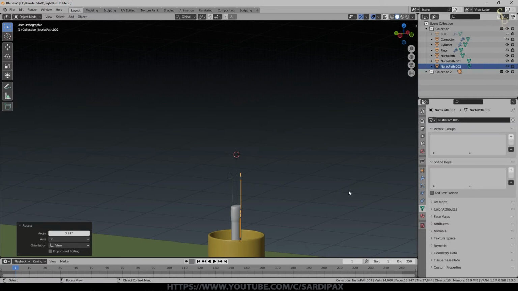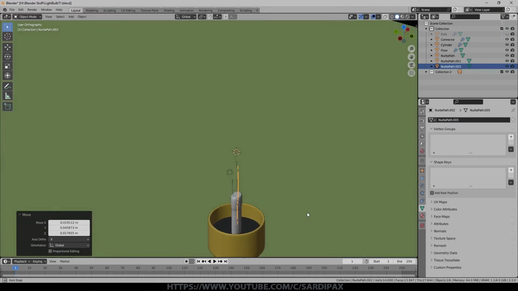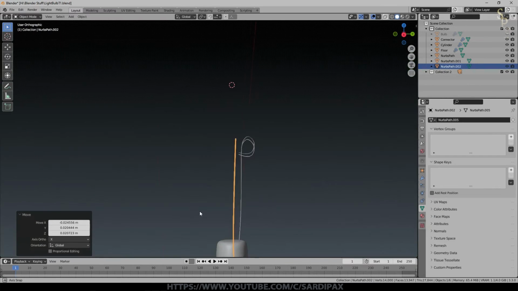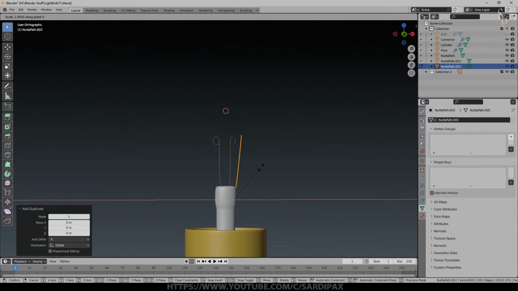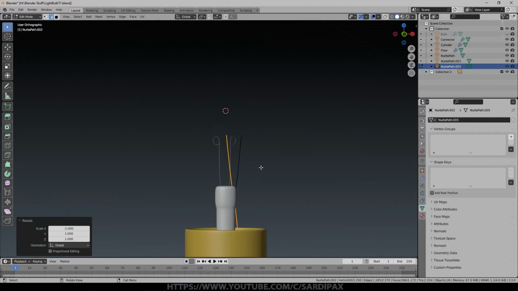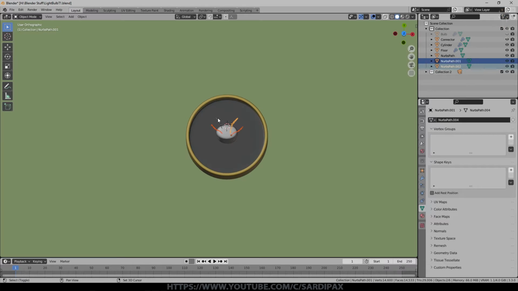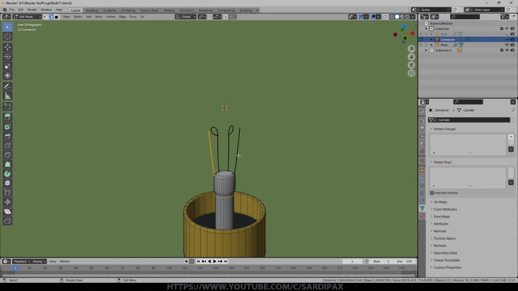And obviously you can do all this with it as a curve, which will make manipulating it a little bit easier. So these are the conductors that take the electricity to the filament. So as I say, I'm not going to worry too much about this. So scale X -1 on that one I've just duplicated and just put it over here somewhere. And then I'm just going to select everything and Control J just to join it all together. It's not, again, strictly necessary to do that.